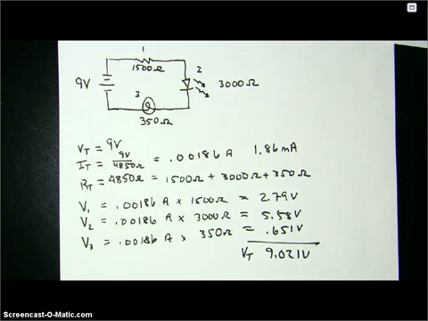Usually the series one, piece of cake. Everybody's got it. It's when we switch to the parallel one that people start to get a little bit more worried. Okay. Luckily for you, next one up